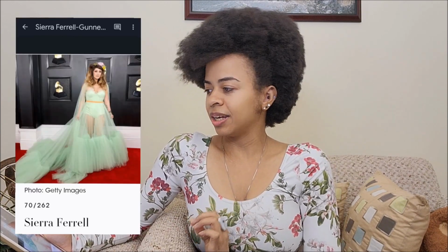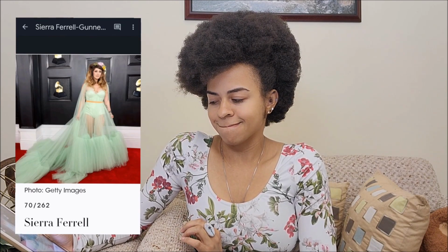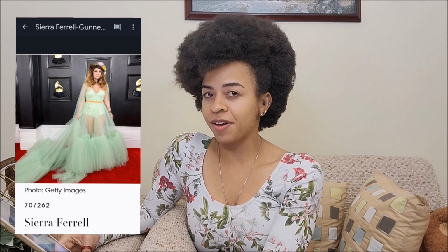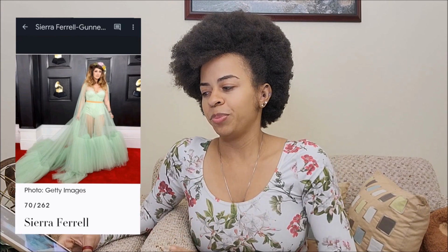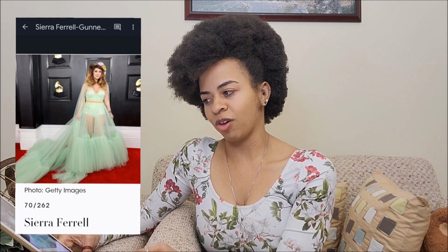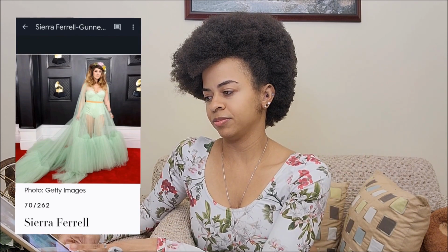Sierra Farrell in Gunner Deathridge. It's that random colored belt and the flowers in her hair. It's very, I'm a fairy in an okay way. It's almost right. But the flowers should be on her belt trickling off to one side rather than in her hair. And her hair should be pulled back. Low pony. Not a tight low pony, but...